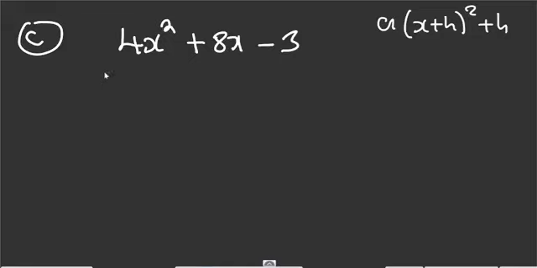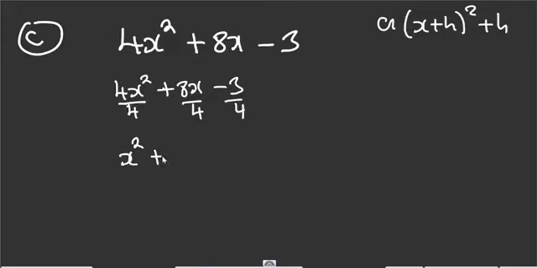Now what you are going to do is, step 1, we divide throughout the expression by 4, because we want to make sure that the coefficient of x squared is 1. So I divide by 4 here, divide by 4 here, and divide by 4 here. So I'm going to have x squared plus 2x minus 3 over 4. Now remember, I want to express this in this form. So here you have not entirely thrown away the 4, because we should have something here, because of the 4 which is the coefficient of x squared.